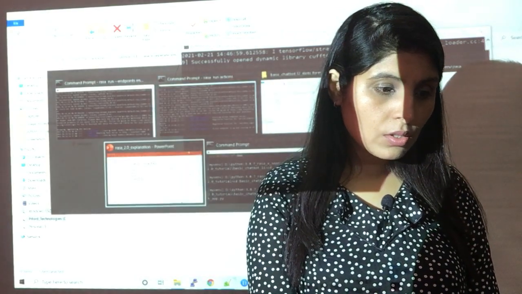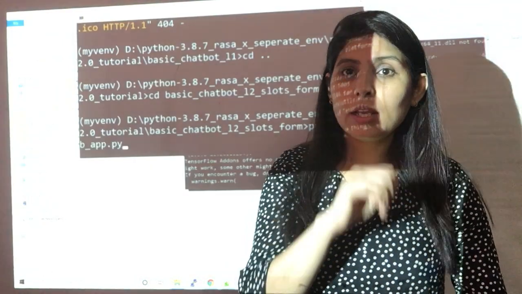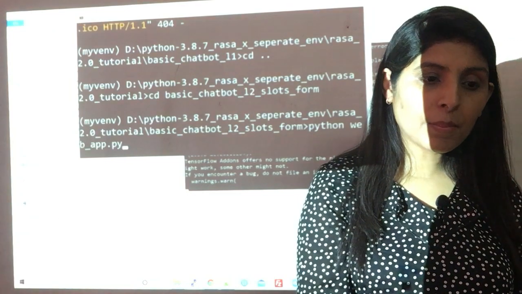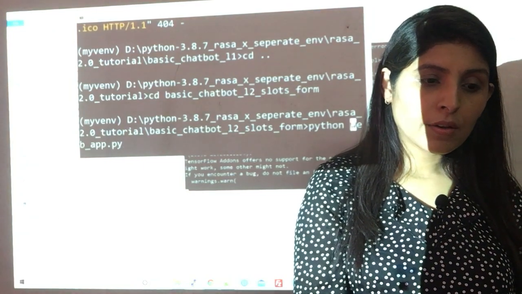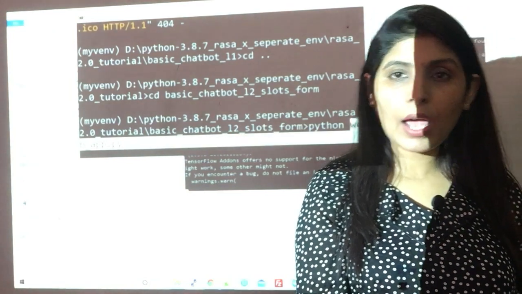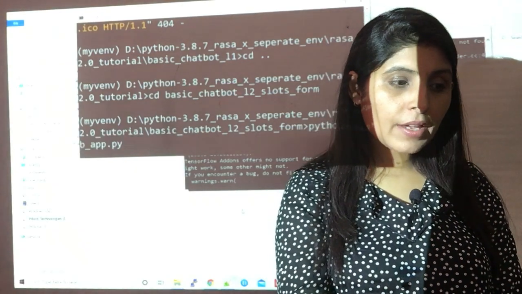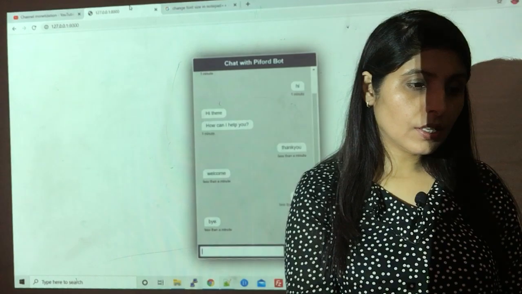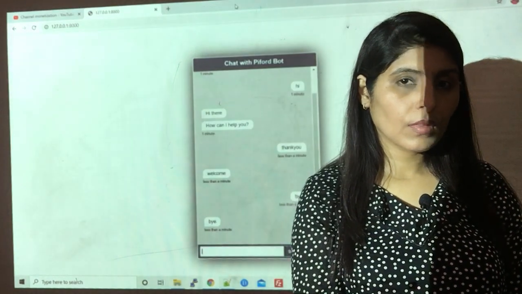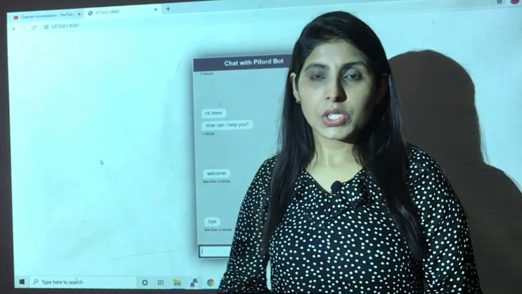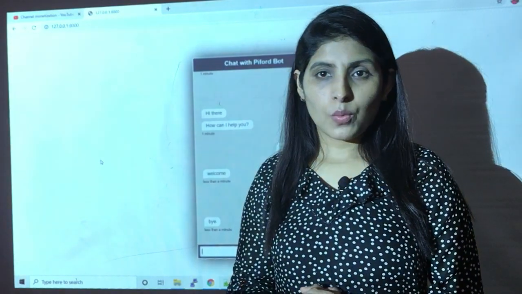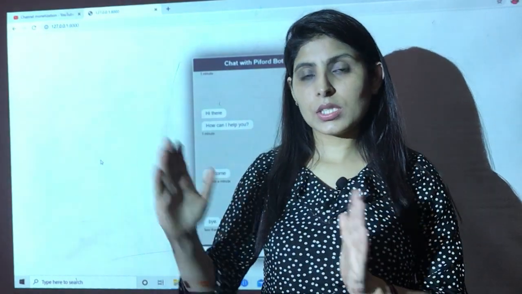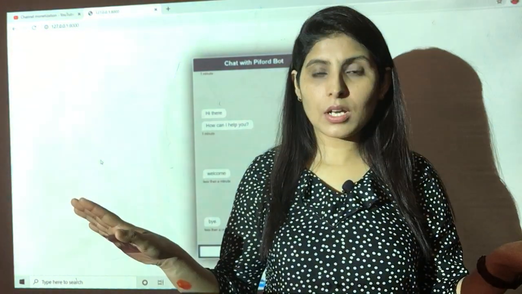Now let's go to the third command prompt. In my third command prompt, I'm running python web_app.py. This is my Flask application which will run my code. This kind of screen you will get when you run all these 3 commands in separate command prompts.